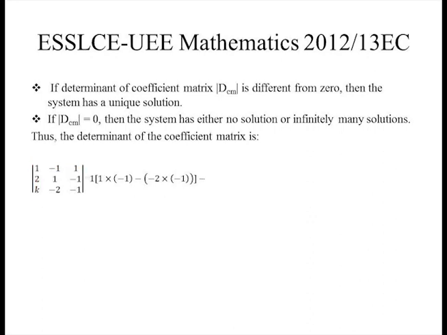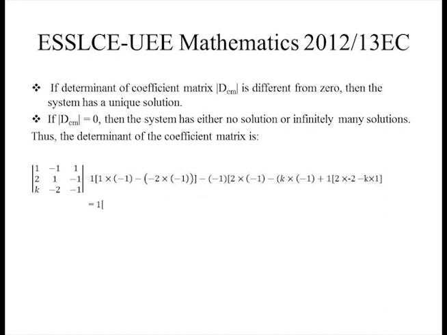second element of first row, that's negative 1, and then cross out row 1 and column 2, we are left with 2 times negative 1 minus k times negative 1 plus third element of row 1, that is 1, cross out row 1 and third column, we are left with 2 times negative 2 minus k times 1, which is equal to